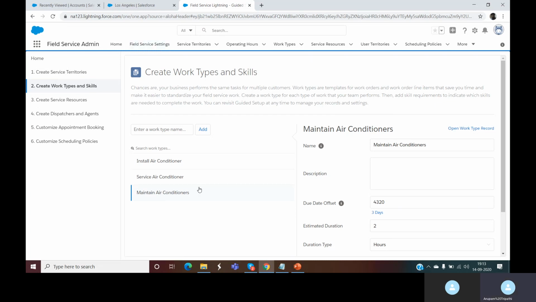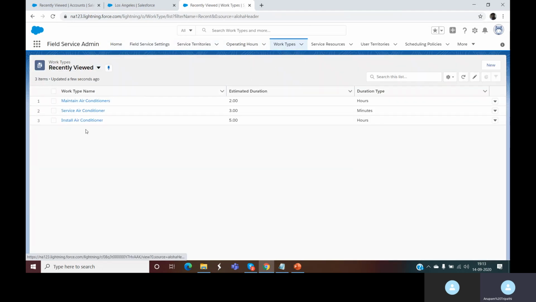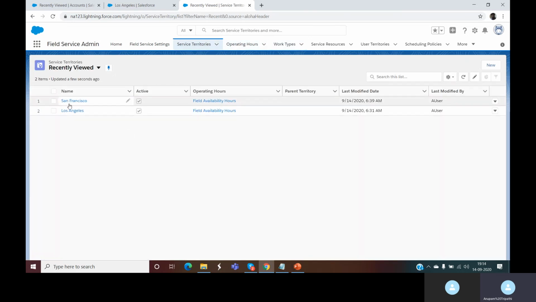So I think you have understood how we have created the service territories, operating hours and work types from these two different places. If you go to work types, you can see there are three work types that we have created. And if you go to service territory, you can see that there are two service territories that we have created using the same operating hours.